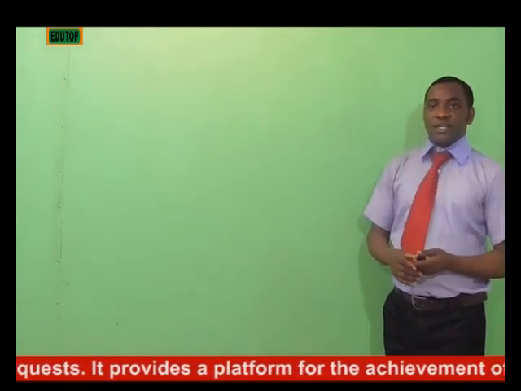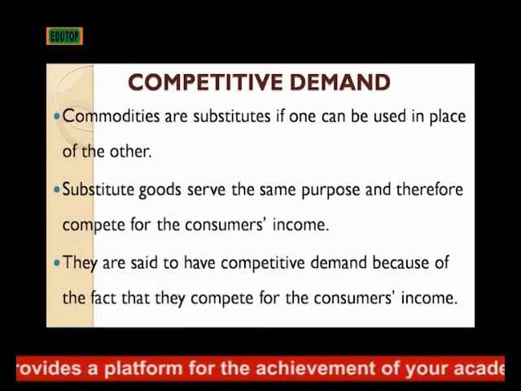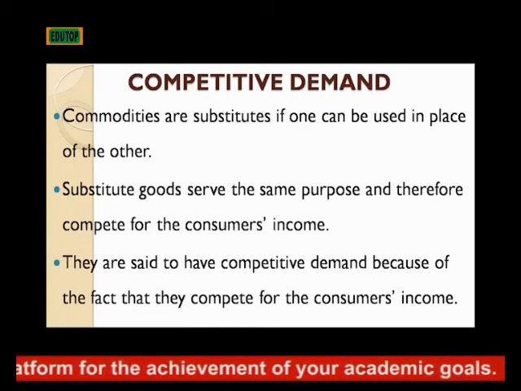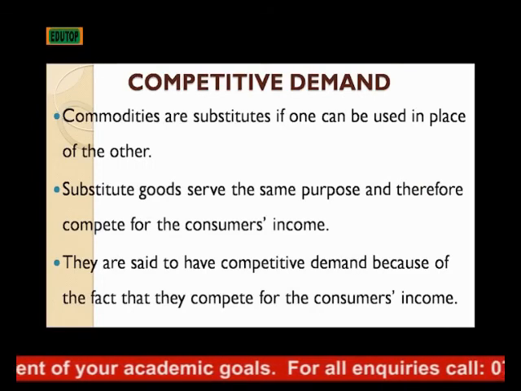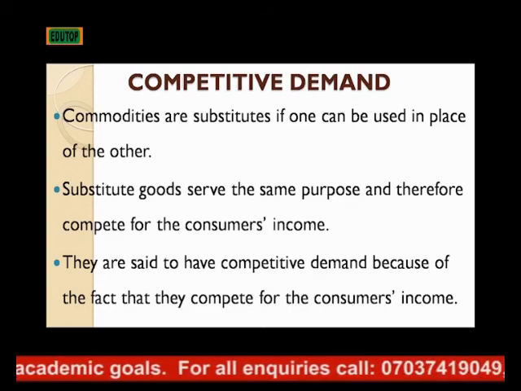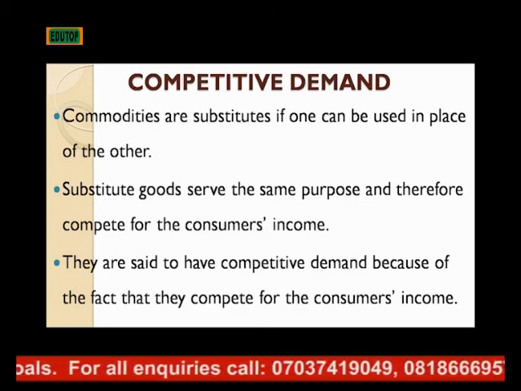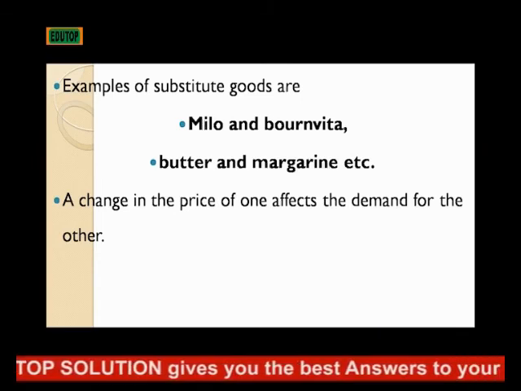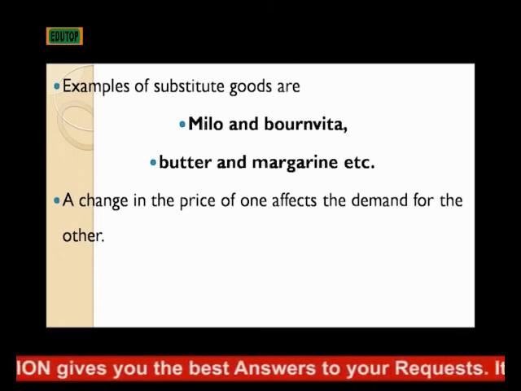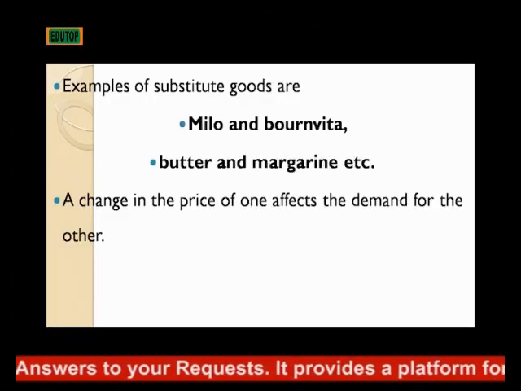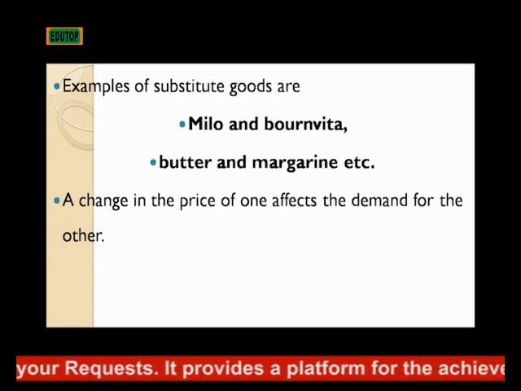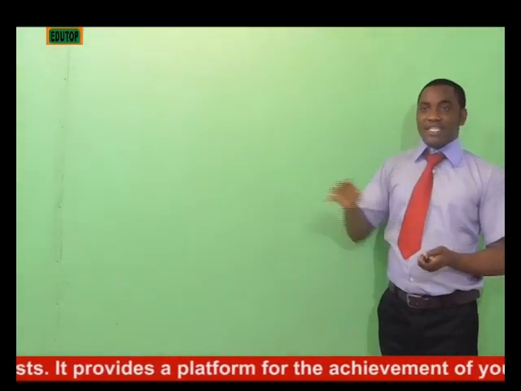Competitive demand. Commodities are substitutes if one can be used in place of the other. Substitute goods serve the same purpose and therefore can compete for the consumer's income. They are said to be competitive demand because they can compete for the consumer's income. That is why it is called competitive demand. Good examples are Milo and Bournvita, then butter and margarine. And we have so many other ones like that. So a change in the price of one will definitely affect the demand for the other. If, for instance, there is an increase in the price of